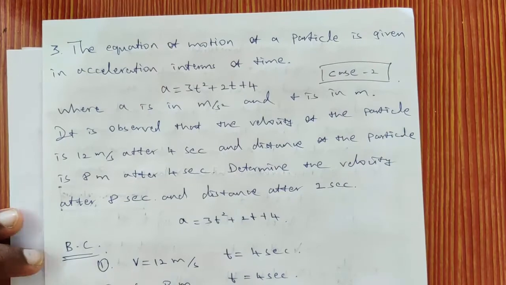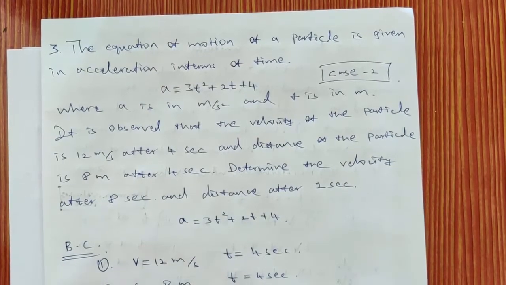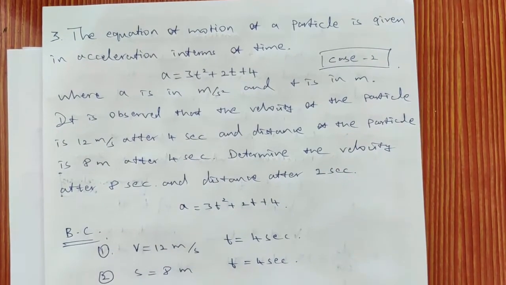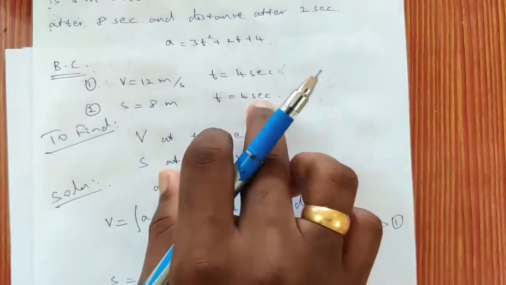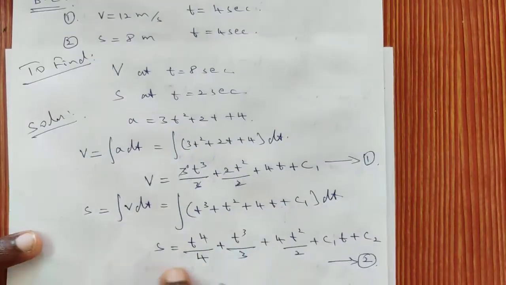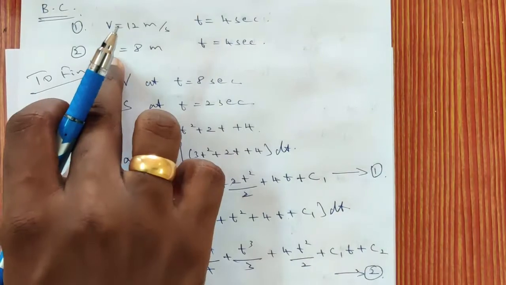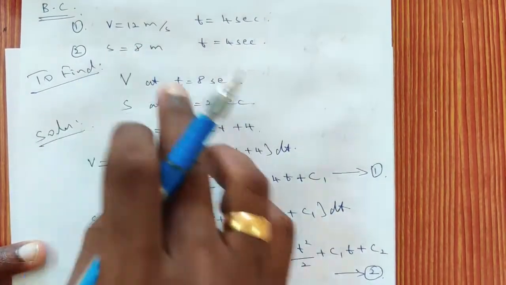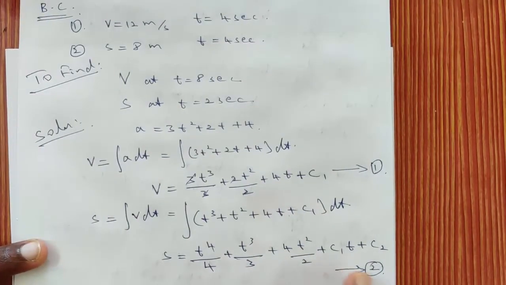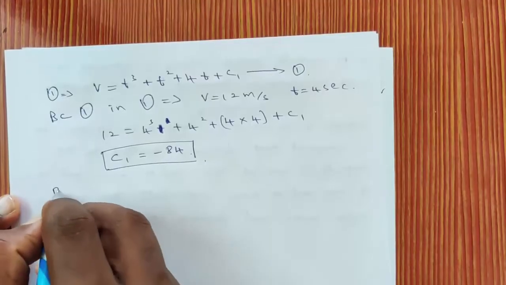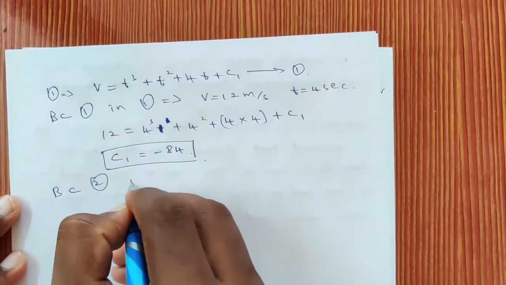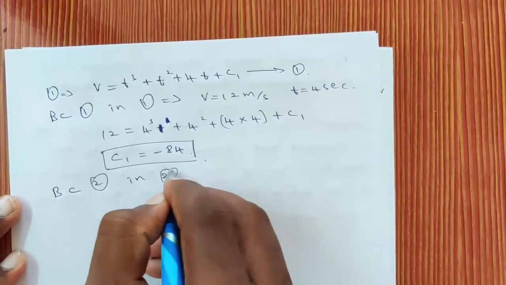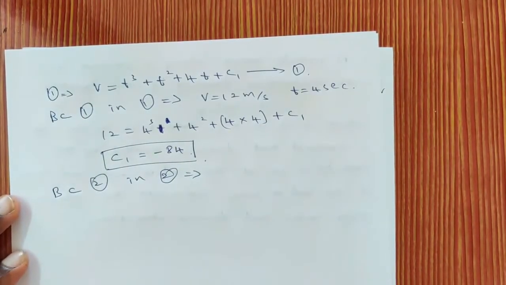So in the second boundary condition, the distance S is given at 4 seconds. So we have to substitute the second boundary condition in equation number 2. That is, the given boundary condition is S. Substitute the boundary condition in the S equation. Substituting the boundary condition 2 in equation number 2. So the second equation is